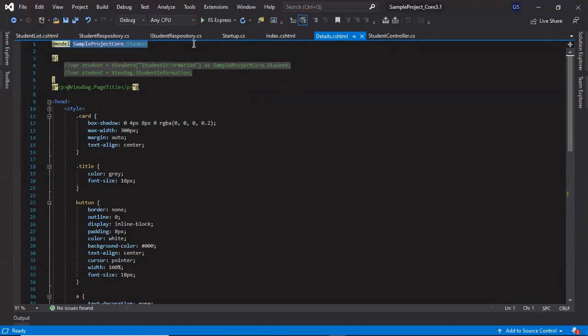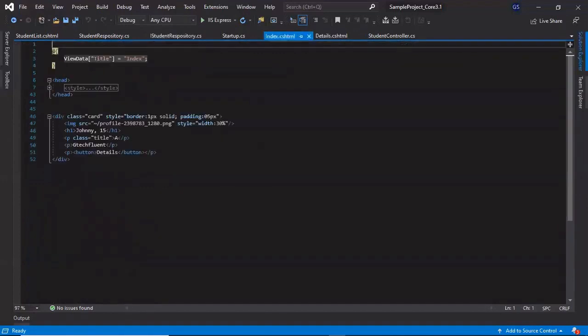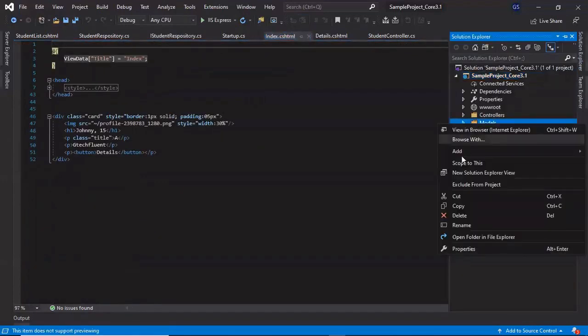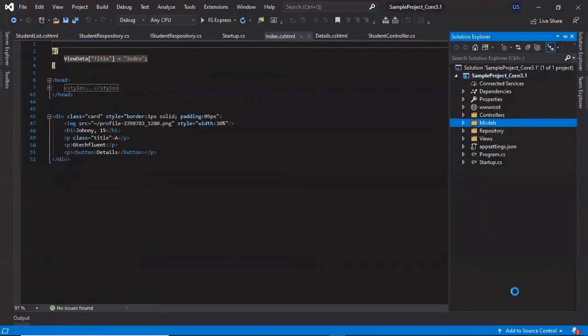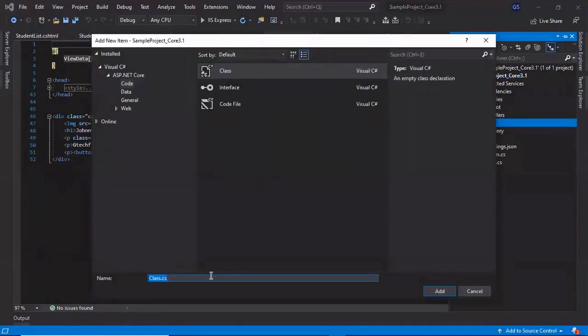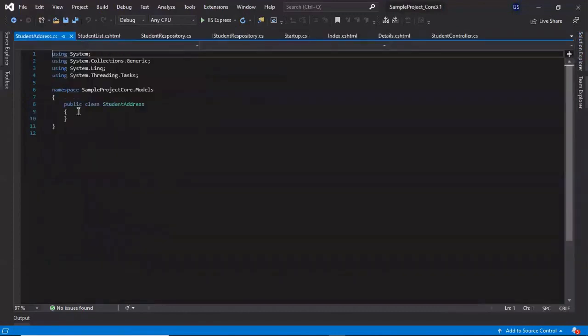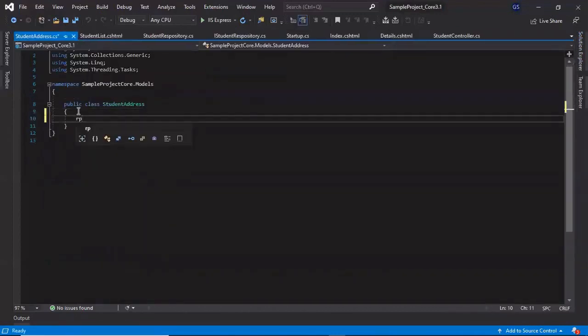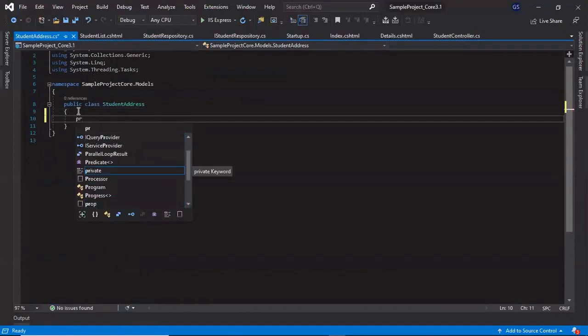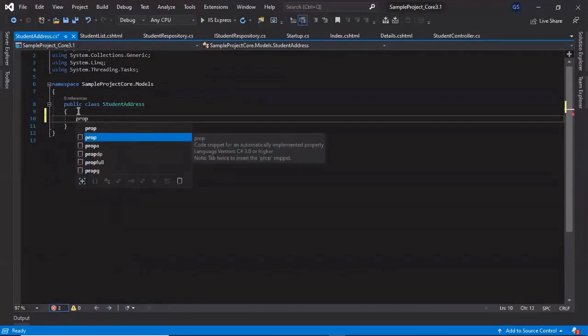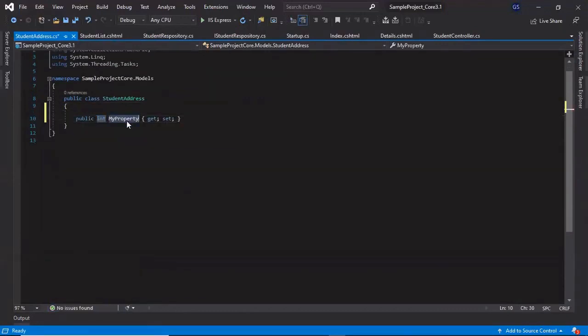So first, let's create the address model in our application. Right click on the model, click on class, and give the name StudentAddress. We require the properties. To add the properties faster, use the prop tab. We require the ID of the student address.